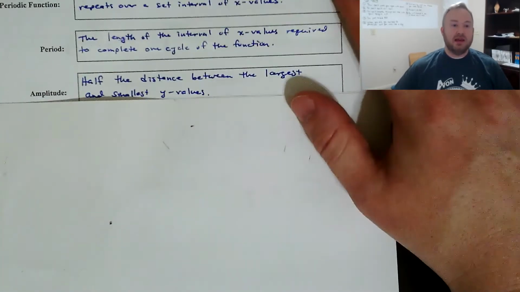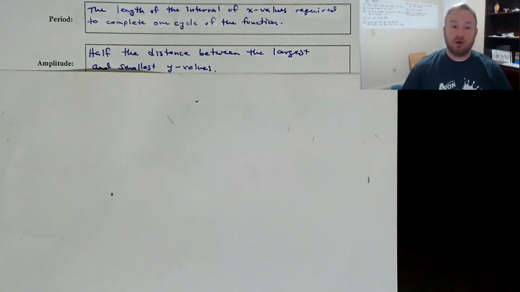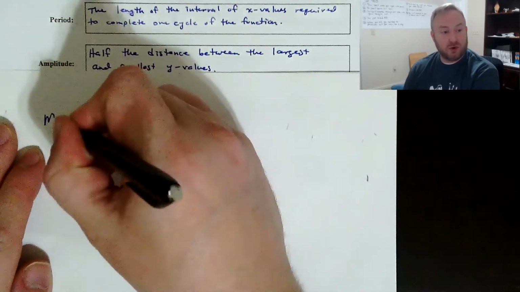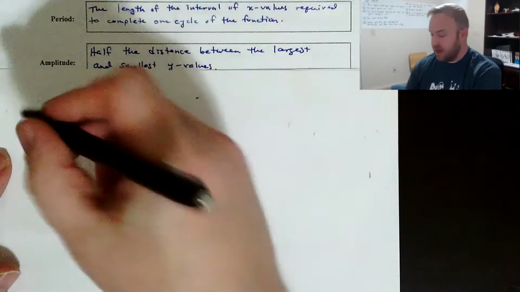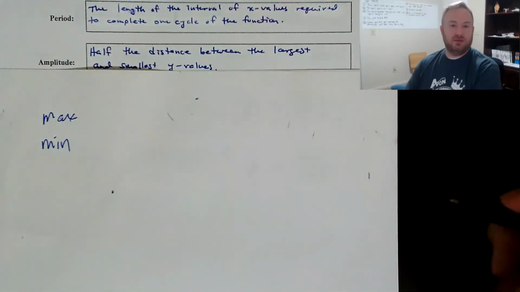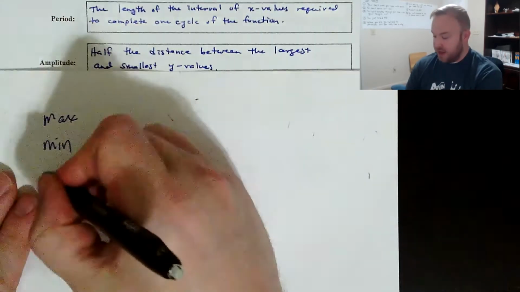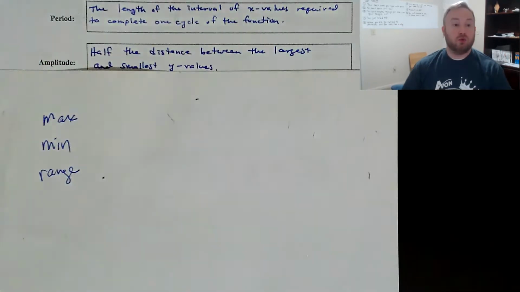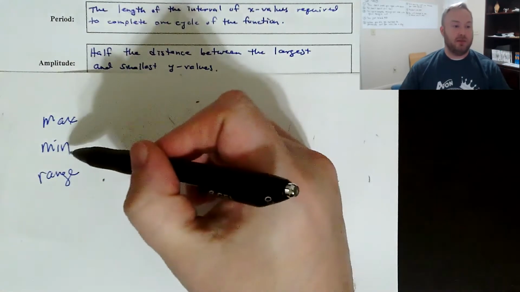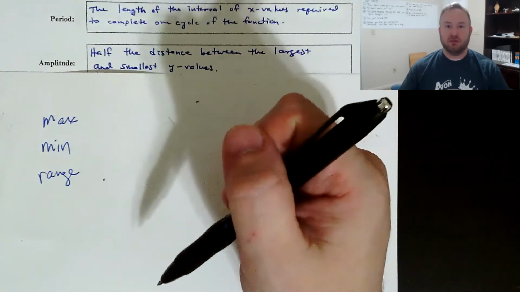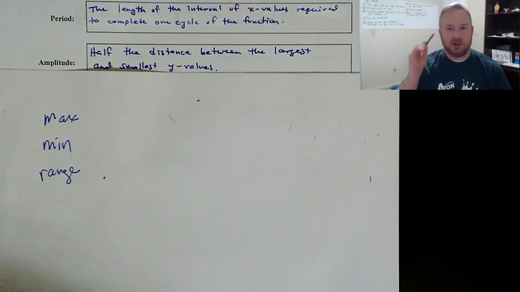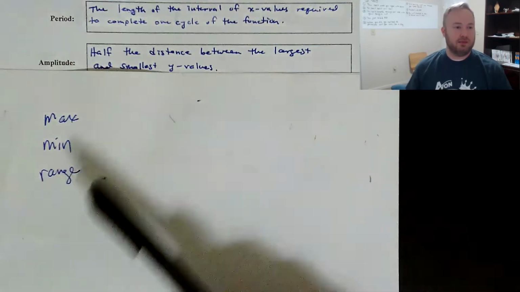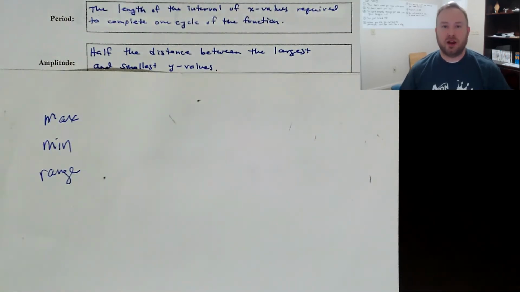So there you go. Now, if you're going to start on this homework assignment, which we're not quite ready for yet, but you can do some of it, it will ask you for things like what's the maximum value of the function. That's just the highest y value. It might ask you for the minimum value of the function. That's just the lowest y value. If it asks you for the range, that's the distance from the minimum y to the maximum y. I don't think it asks for anything else besides those. I don't have that assignment in front of me, I'm just doing it off the top of my head. But I think those might be some other things that are mentioned on that homework assignment that you might need to know about.